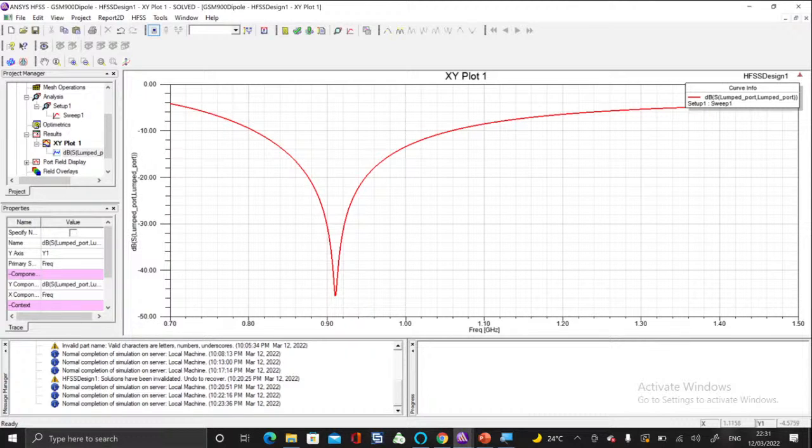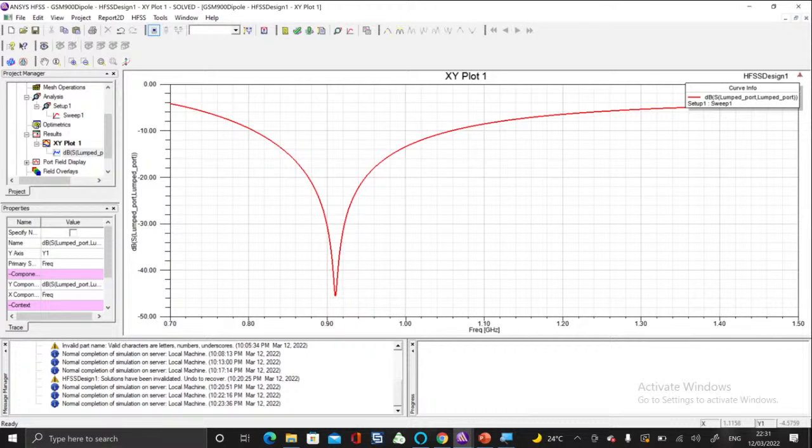You can see the dip is almost exactly at 920, which means it is now originating at the desired frequency. Then look at the bandwidth. When you see this, you should look for minus 10 dB. So in the y-axis, look for minus 10 dB. Draw a line along minus 10 dB. That will meet this curve at around 800 on the left hand side and at around